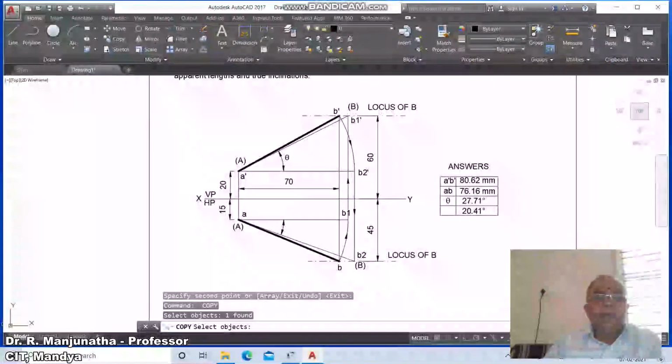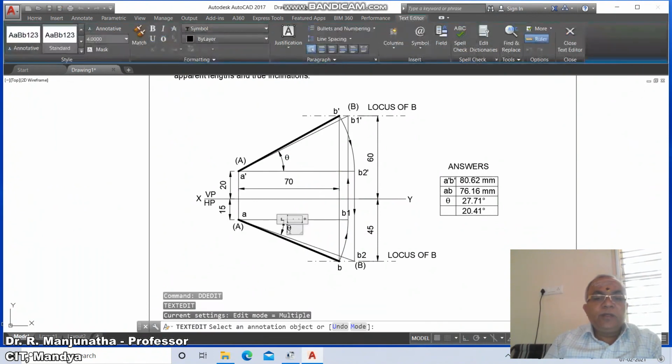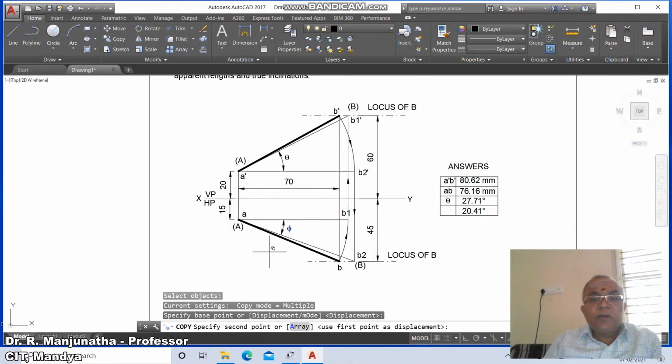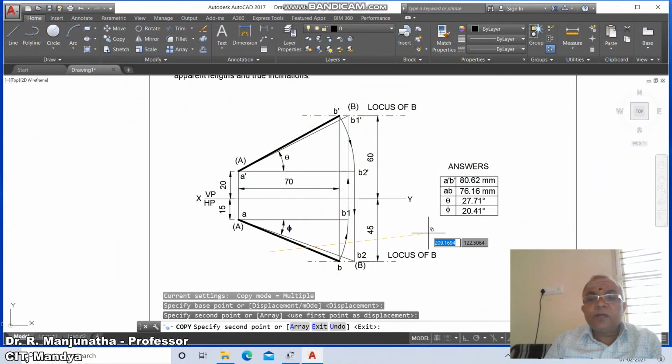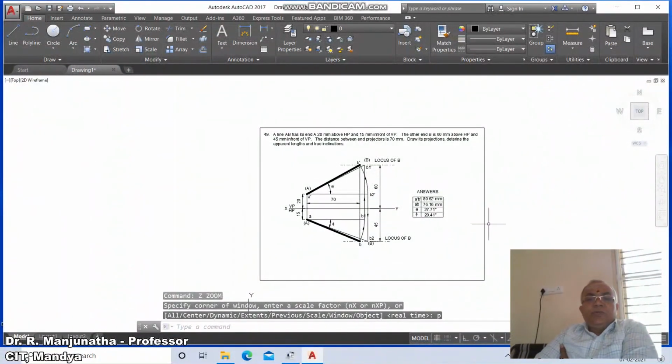Similarly copy, you select this and you bring it here. Then go to dd edit and here you make this as small f. Then go to copy, select this and copy it till here. So this is how you will be able to get the final solution.